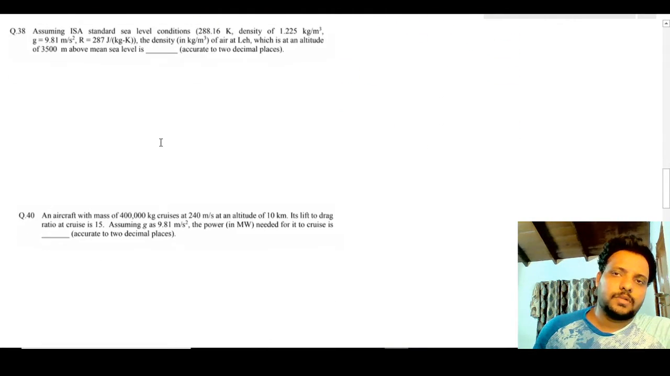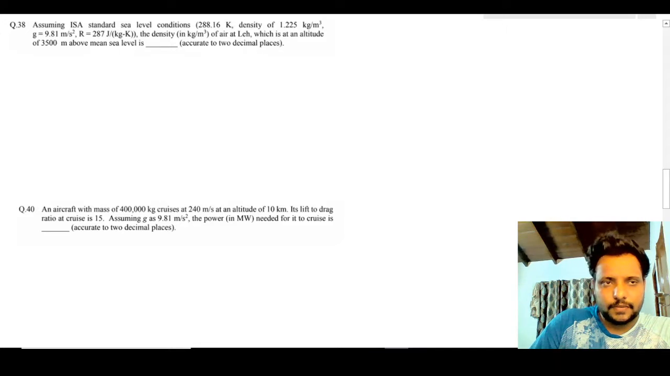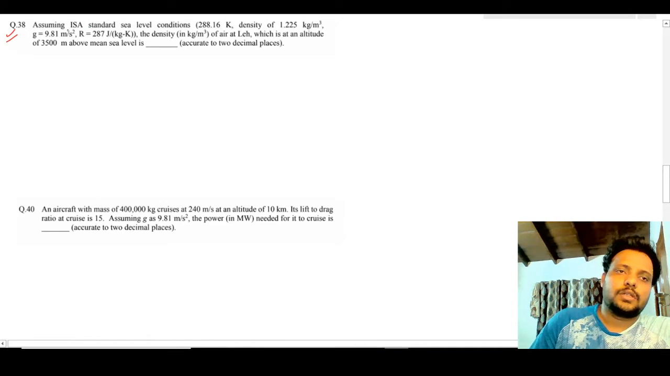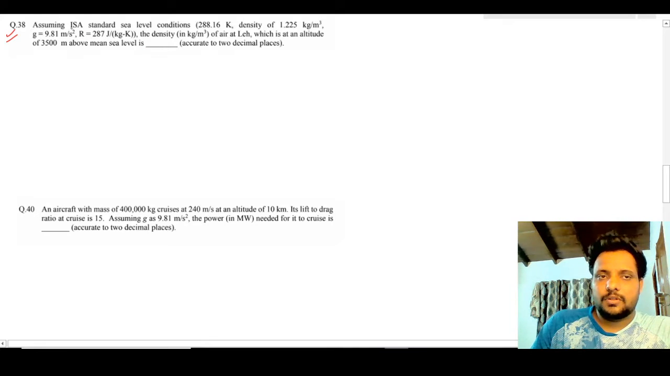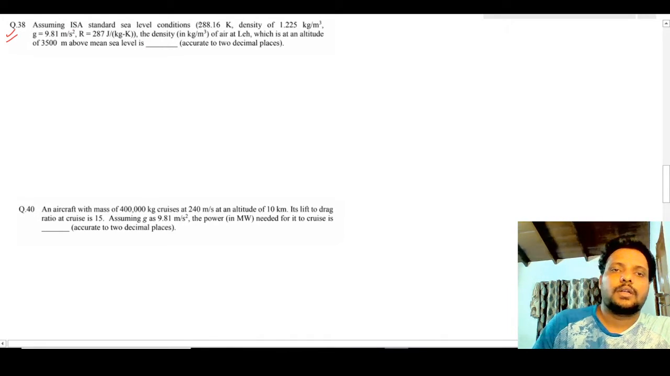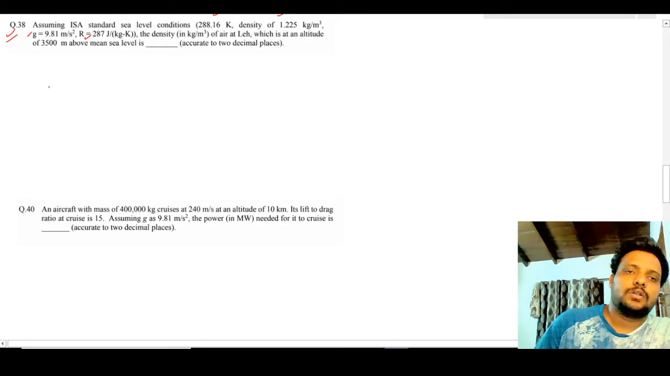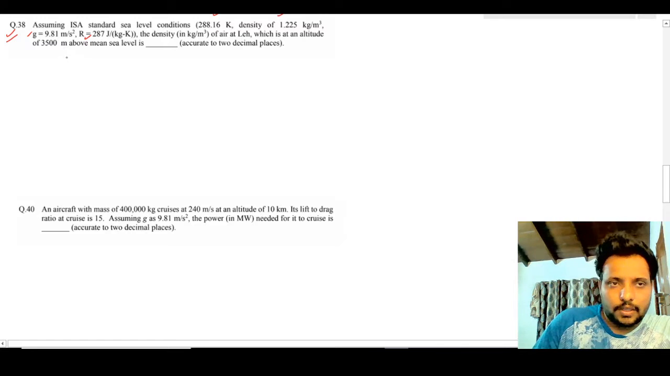Now the next question is question number 38. This question is from the chapter atmosphere, and we have to find the density of air at Leh, which is at an altitude of 3500 meters above mean sea level. We have to assume standard sea level conditions, with the given temperature and density, g equal to g naught, and R equal to 287 joule per kg Kelvin. So let's say rho 2 is the density